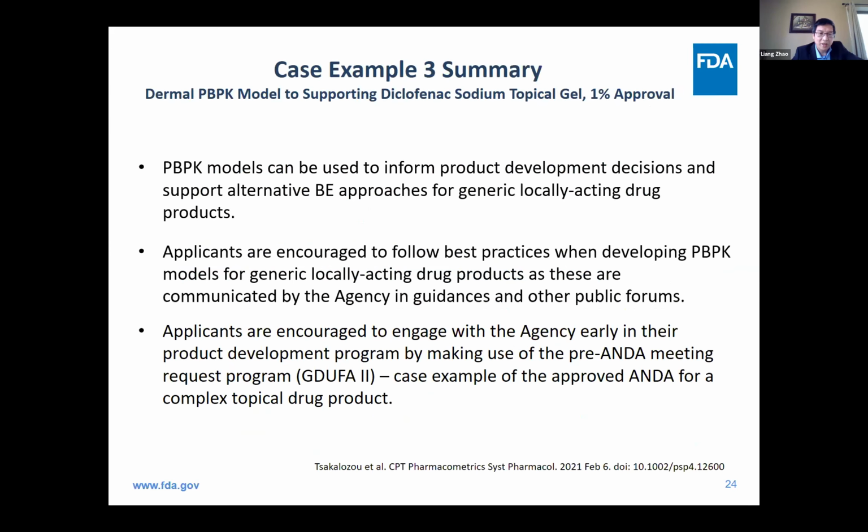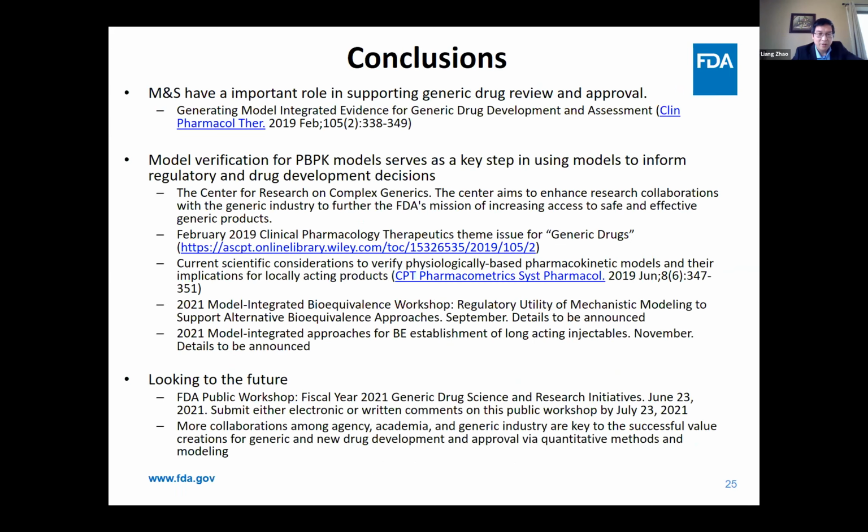PBPK model, conclusion slide, please. The conclusion is that modeling and simulation has an important role in supporting generic drugs review and approval. We have a publication differentiating what is model integrated evidence and what is MIDD, published in 2019 in the CPT journal. And we have also various meetings and publications in terms of model verification and validation for PBPK model to impact